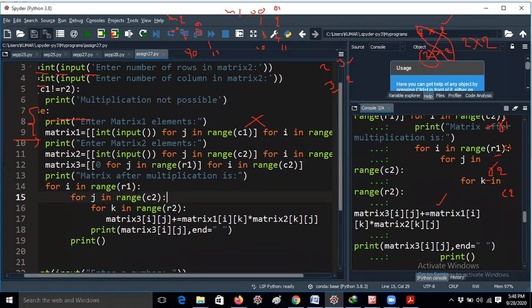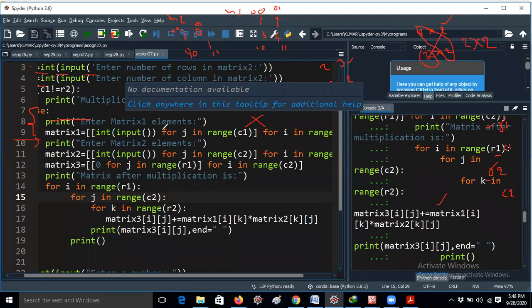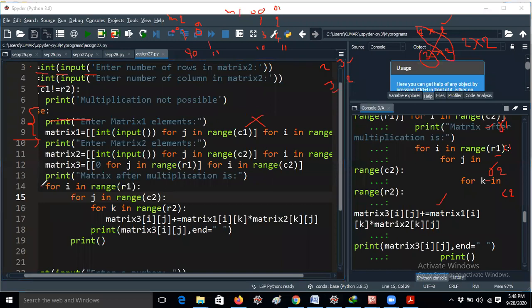And for i in range of 1, what is the range? So here I am giving r1. In matrix addition you require only 2 for loops, but here you need 3 for loops. Why? Because here you have to perform the multiplication, and you know the rules of multiplication. 1 2 3 4 is the first matrix. 1 0 0 1 is the second matrix. Here is how we perform the matrix multiplication. First, 1 into 1 plus 2 into 0. That means you will get 1. And for the next value, 1 into 0 plus 2 into 3.